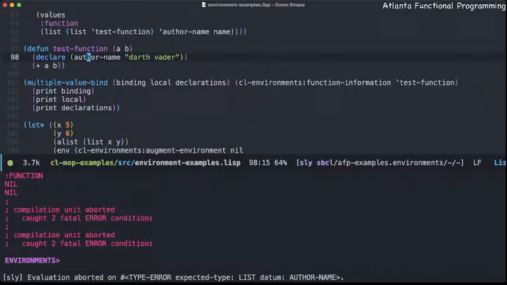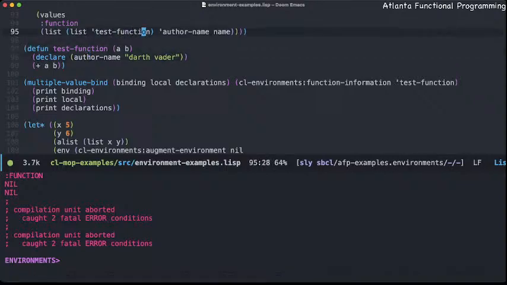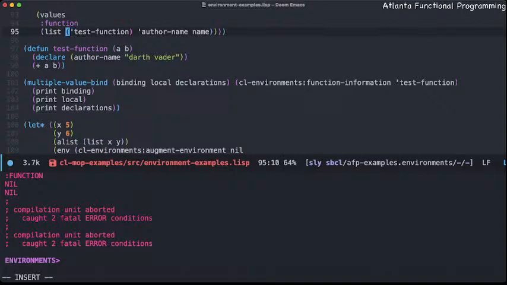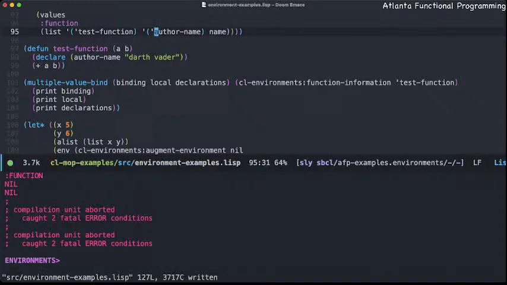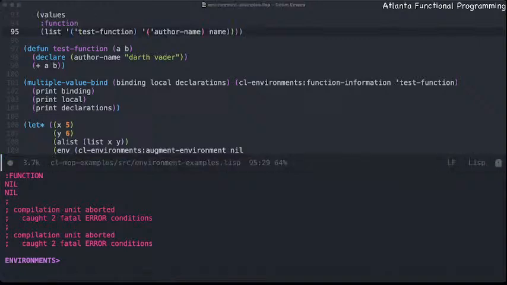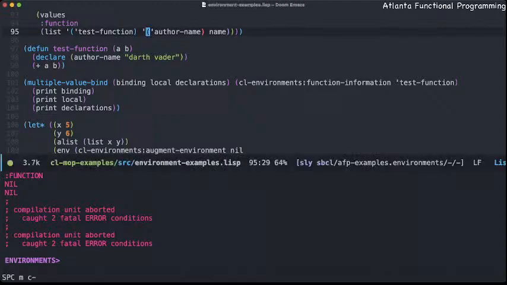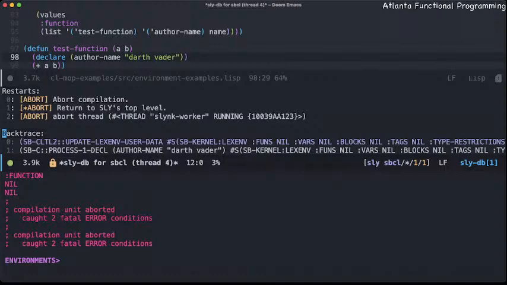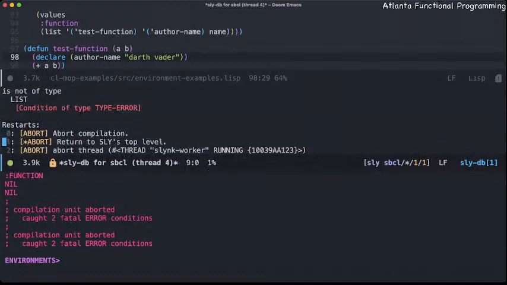Okay, so we need to have 3 lists here. Okay, so let's do this. And okay, the reason why we're doing this is because later on we actually go and map some of this stuff out and construct these different things. Each of these have to be their own list. Okay, let's do this. It's complaining about Darth Vader is not a list. Of course it's not a list. It's also